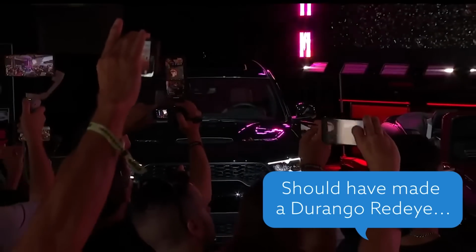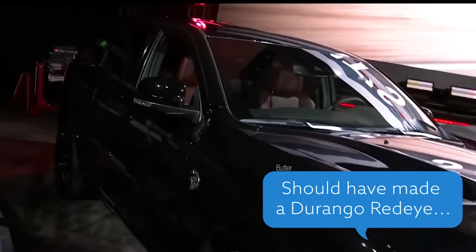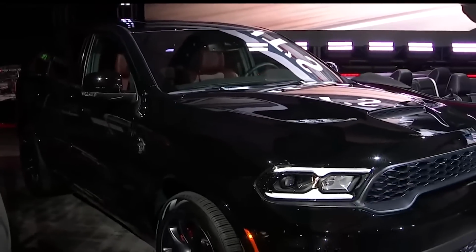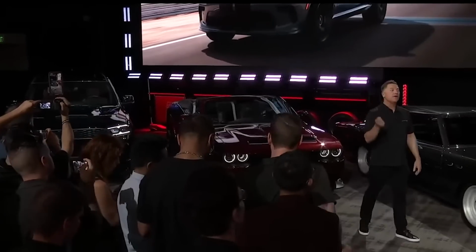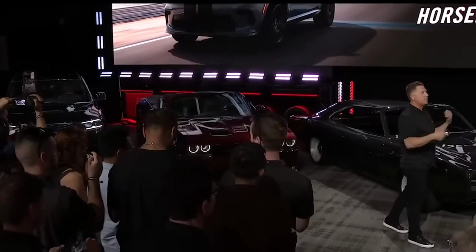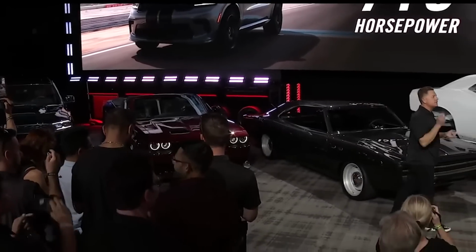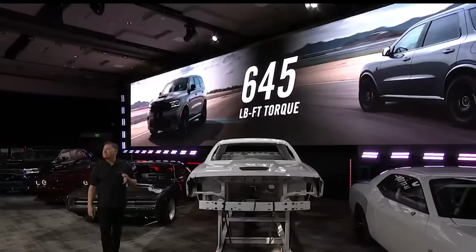It seems Dodge just wanted to hype up the Durango Hellcat by saying it's a one-year-only run with limited numbers, but it might backfire because some of those owners are pissed off that now the Durango is back, and may have a little lawsuit waiting for Dodge. No word on how many were made again this year, but order banks are supposed to open up again in September for the Durango Hellcat. And another interesting thing is, I don't remember hearing Tim Kuniskis saying if the Durango Hellcat will be a one-year